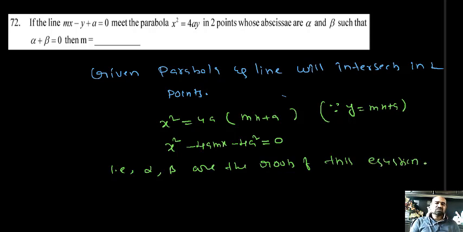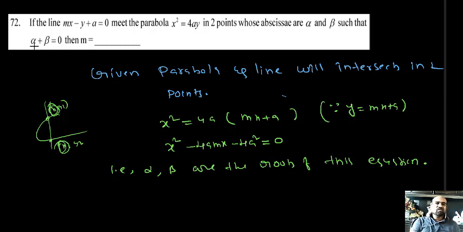I hope you people understood. This quadratic has two x values. So what we did now, we solved the parabola and line equations. While solving, you get two points, x1, y1 and x2, y2. So this x1 and x2 are obviously roots of this quadratic equation. After finding x1 and x2, we can find y1 and y2. But according to the problem, alpha and beta are the first components of the points of intersection. Means alpha is taken as x1, and beta is equal to x2 only. What are the roots of this equation? Those are alpha and beta.